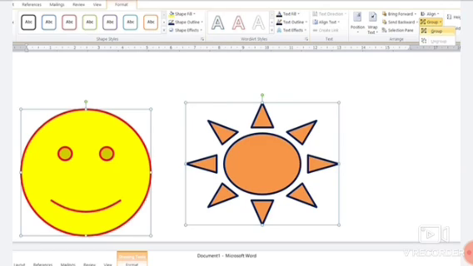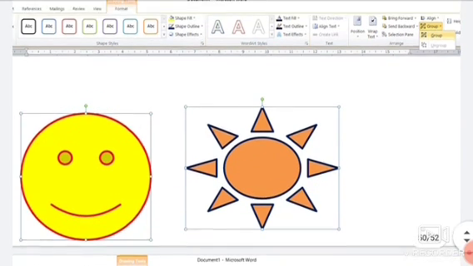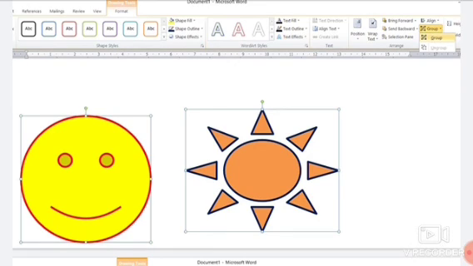Insert 2 or 3 pictures, more than 2 or 3 also you can insert. Select all the pictures by pressing the Control key on your keyboard. As you press the Control key, click on the first picture, then click on the second picture. As you select both pictures, go to the Arrange group, and here you will get the option Group. In this group, both pictures will come in one group.